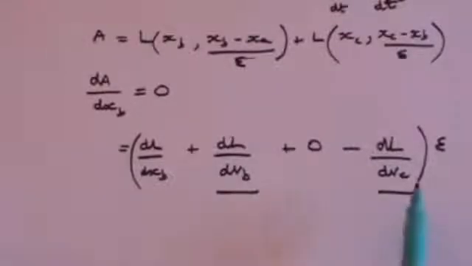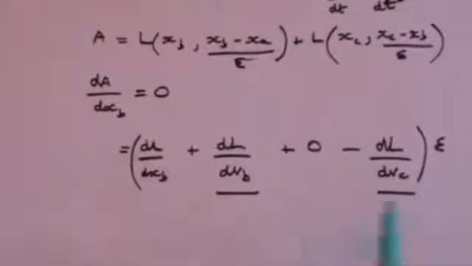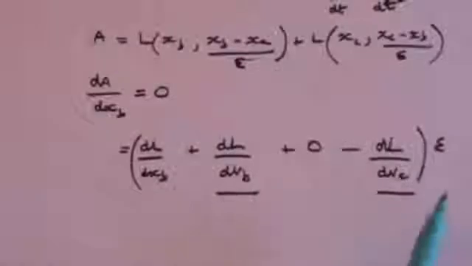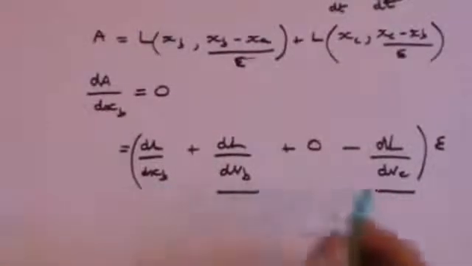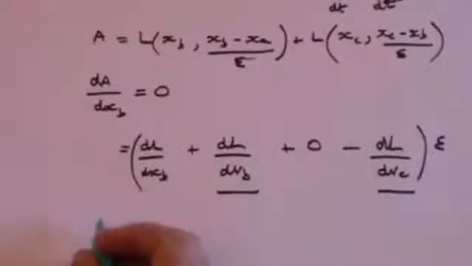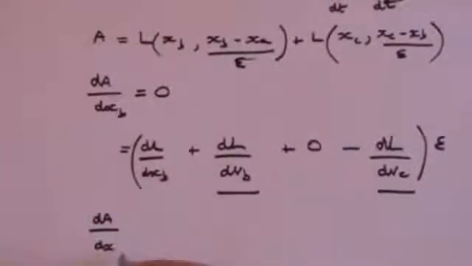As point C approaches point B, what you are actually looking at here is the rate of change of the Lagrangian with respect to the velocity. So as we get to infinitesimally small points, as epsilon tends to 0, dA by dxb, which